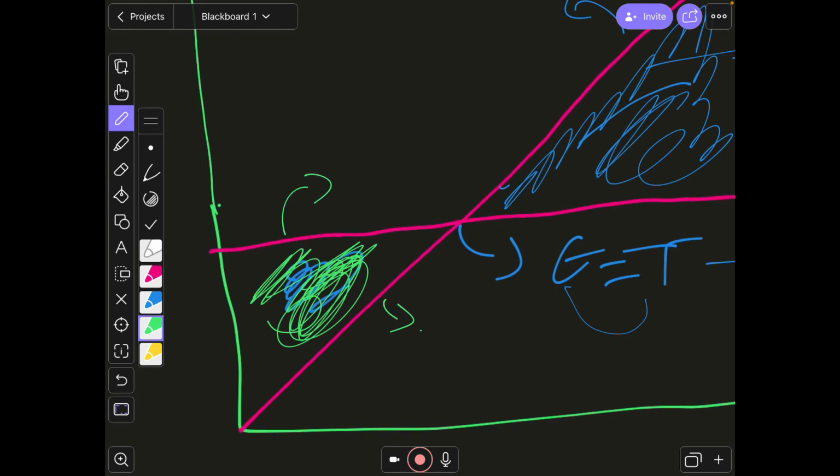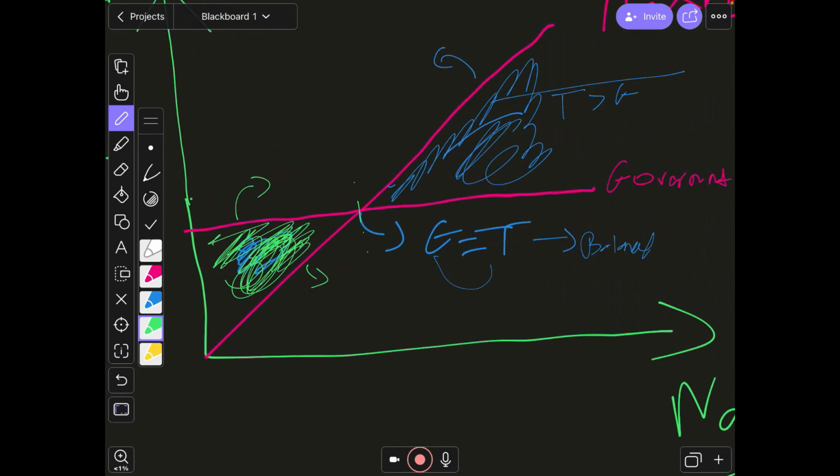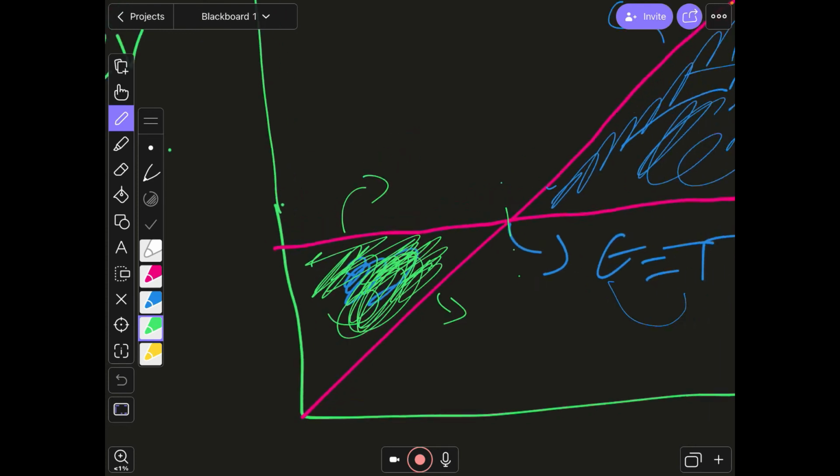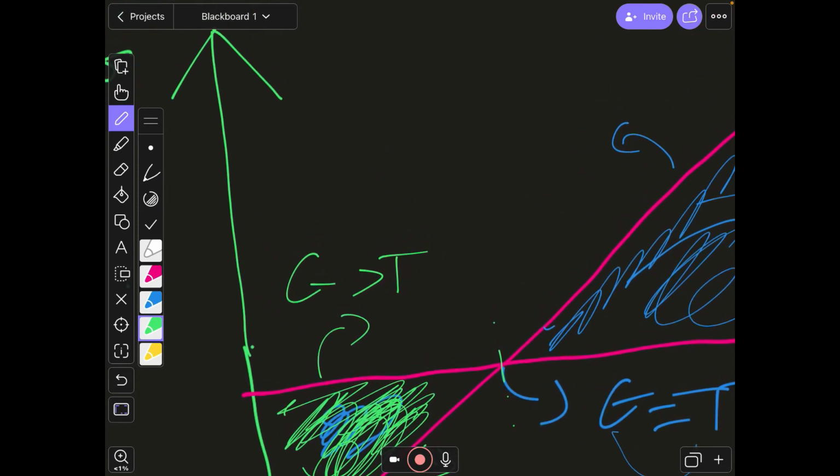It's below this part, and so any point before this we end up with greater government expenditure, so G is greater than T, and so it represents a budget